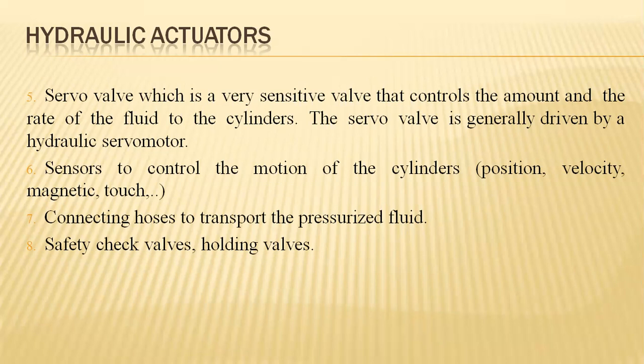In order to control either the linear movements or the rotary movements, the sensors play a major role by giving feedback to the controller as to at which position the cylinder or piston is existing or the end effector is existing, and at what velocity the cylinder and piston movement is taking place, in the case of both orientation as well as the sliding actions. Magnetic aspects, touch, etc.